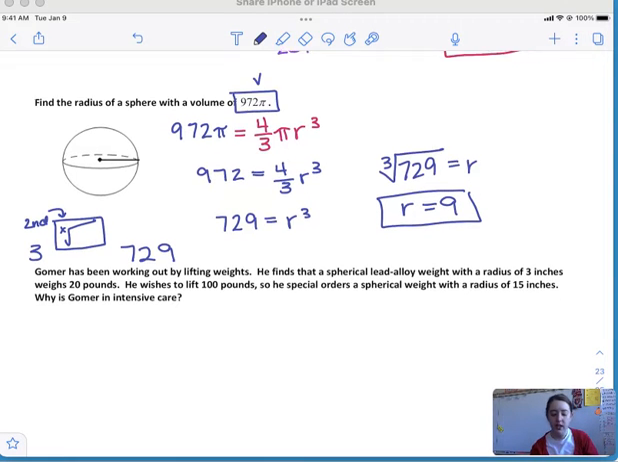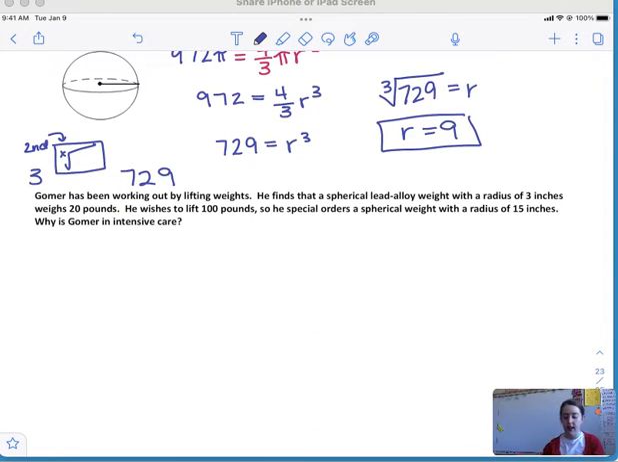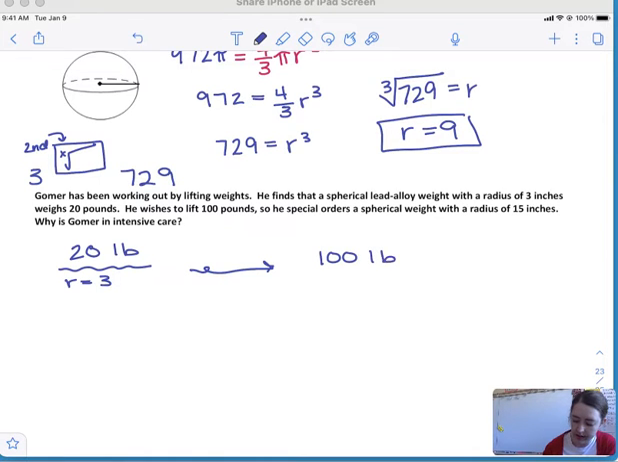Okay, so Gomer's back and he's lifting weights. He found a spherical lead alloy weight with a radius of 3 inches that weighs 20 pounds. So the 20 pounder has a radius of 3. He wants to lift 100 pounds. So he's like, all right, if I want to lift 5 times the weight, I'll just make 5 times the radius. Let's say the radius is going to be 15. Why is he in intensive care? Well, let's compare